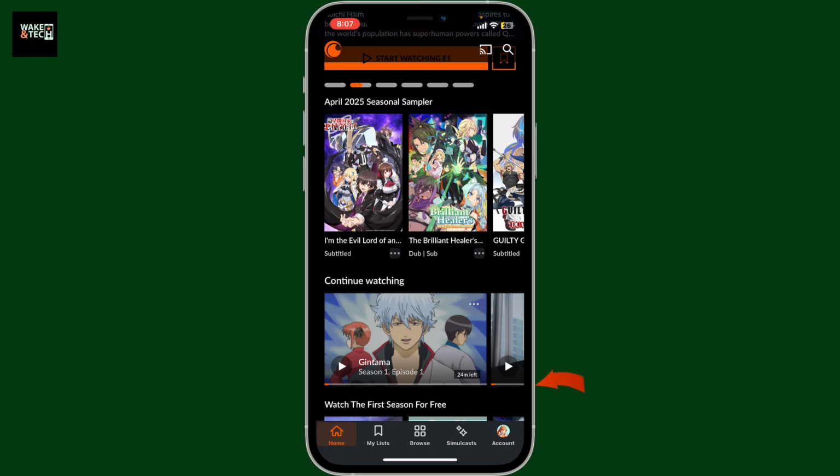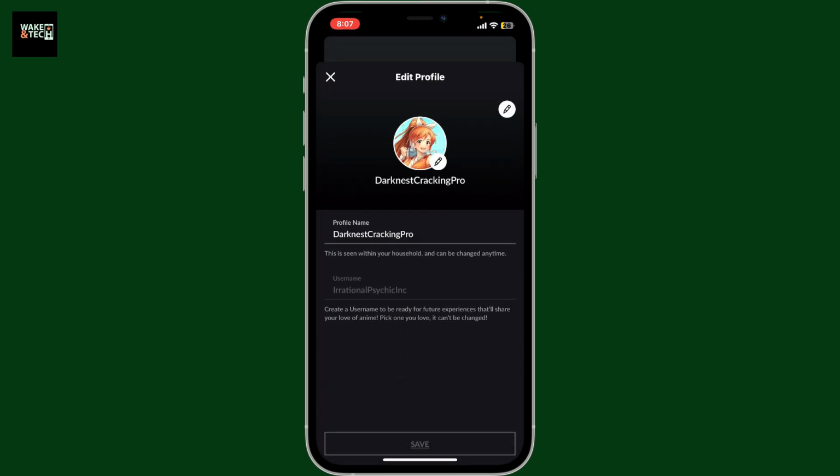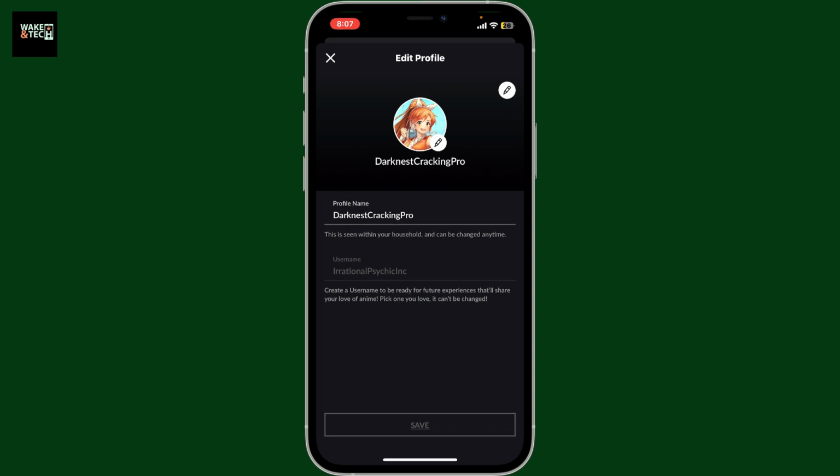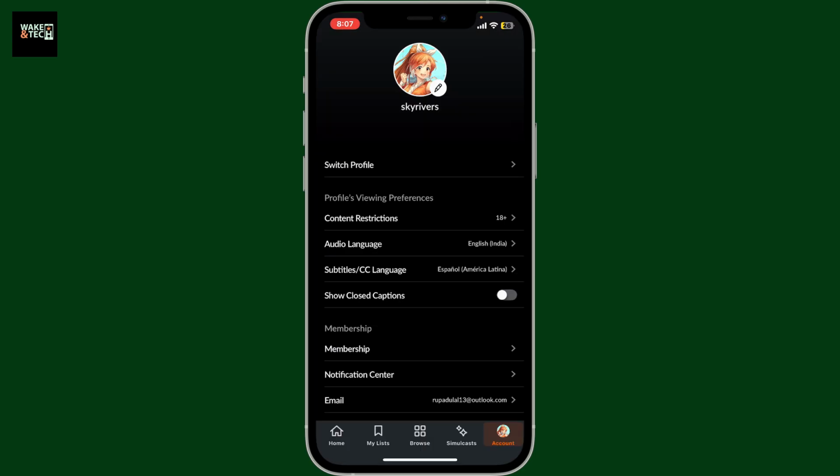Once logged in, find the account button at the bottom right and inside the account menu, tap on the pencil button at the top of the screen right underneath your profile picture. You will then be able to edit your profile. Go to the Profile Name tab and enter a new name for your profile. Finally, click on Save. Right after that, you will be able to see that you have successfully changed your profile